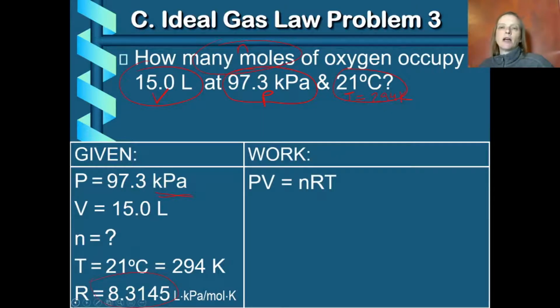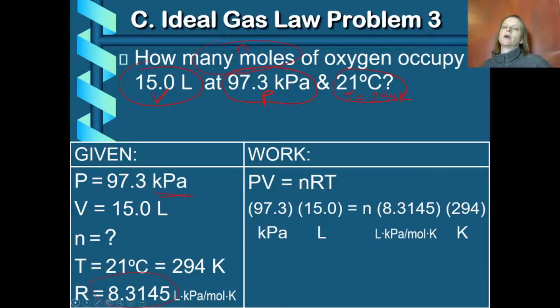And then I plug my numbers into the ideal gas law equation, PV equals nRT. I know a pressure, I know my volume, I don't know the number of moles, so I use the letter N to represent that. I plug in my R value and I plug in my temperature. In this example, it might be easier to combine numbers together here. So 97.3 times 15 gives a value of 1,495.5. Multiplying these two numbers together gives a value of